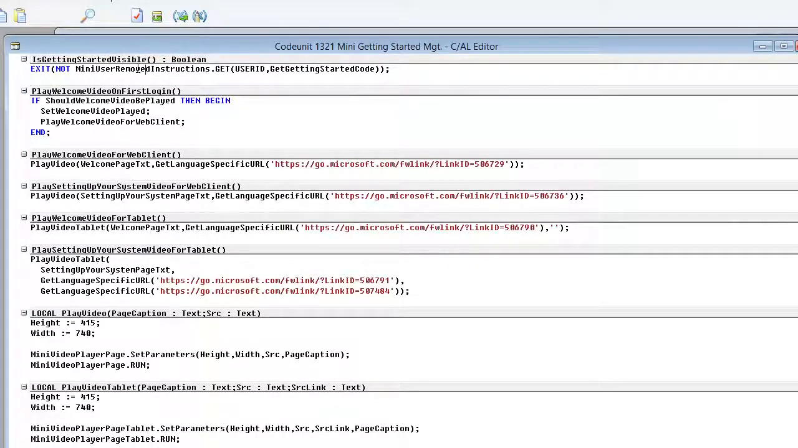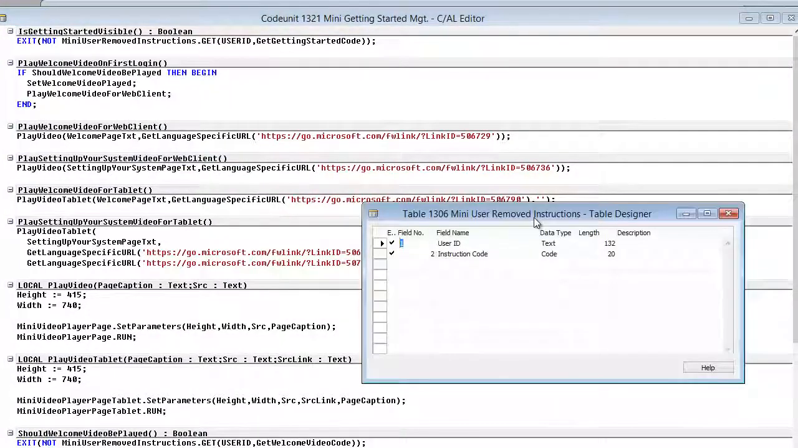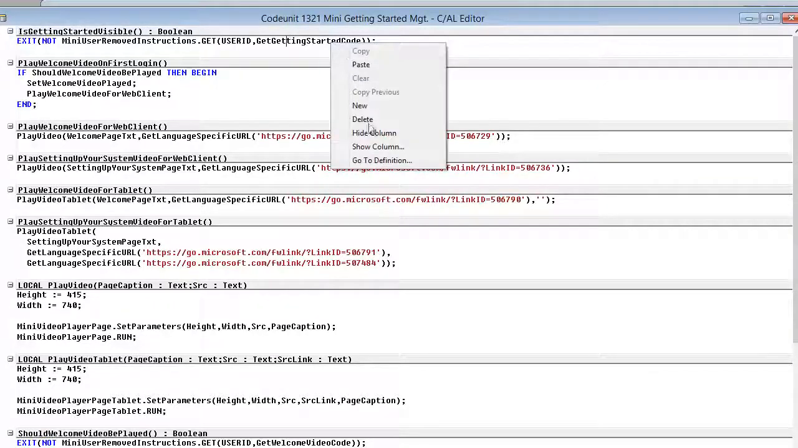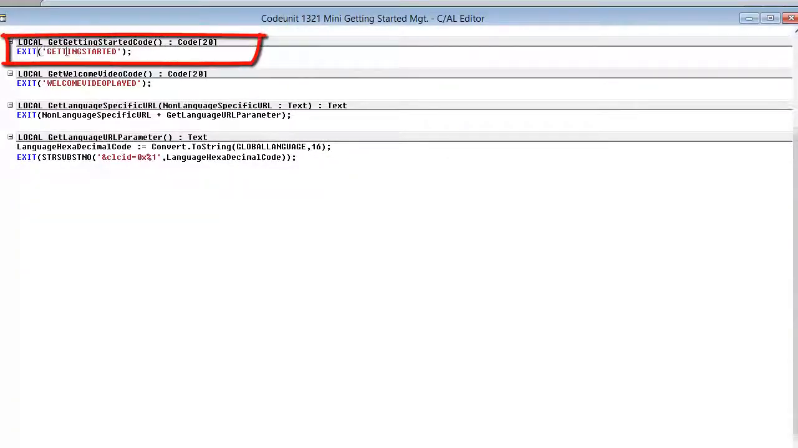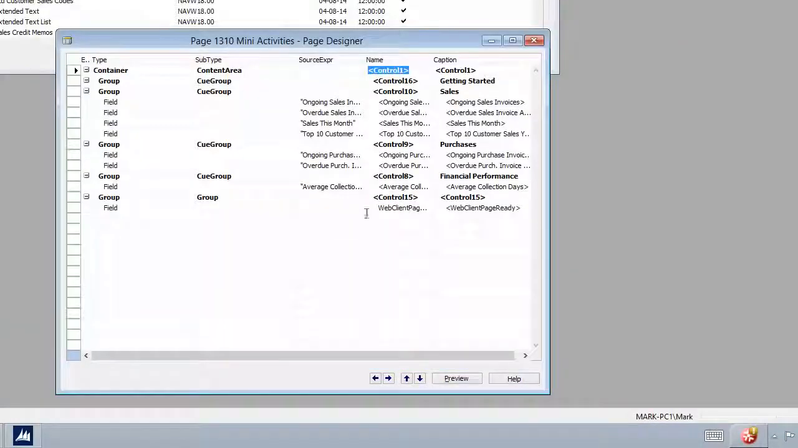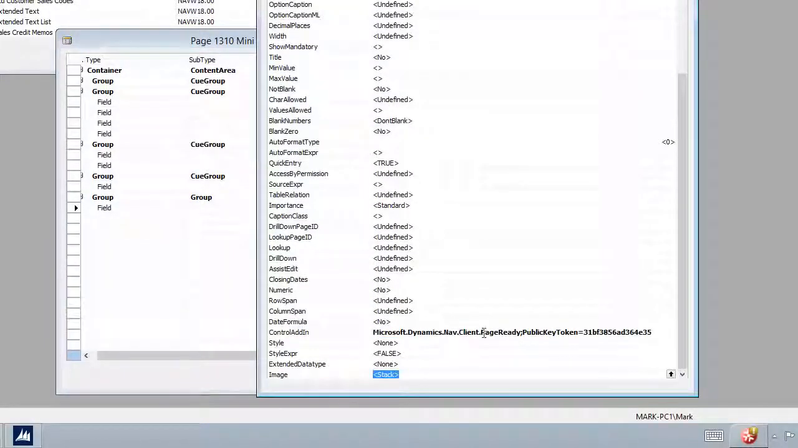The system checks a table, Mini User Removed Instructions, to see if a record exists that matches a text constant. If the table is empty, the video will be shown to the user. Activating the video is done using a client add-in. This client add-in, called PageReady,